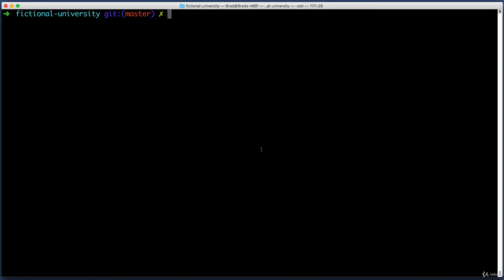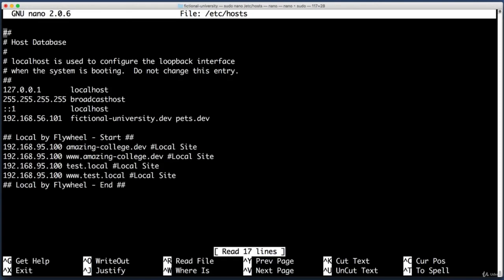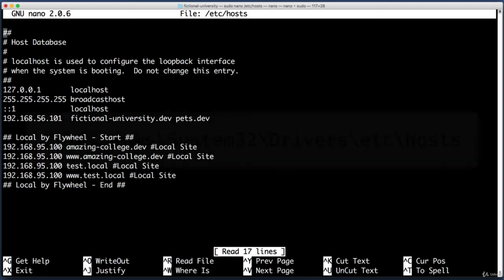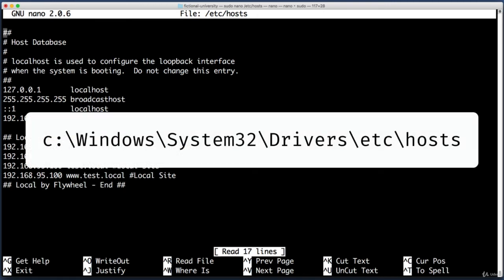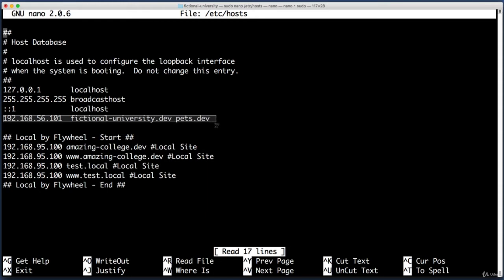On Mac, you just visit the command line and type sudo nano /etc/hosts. On Windows, you want to open up Notepad or a text editor program as an administrator and then edit your hosts file that lives at this location. Okay, now within your hosts file, remember we've already got this one entry that targets the IP address of our Vagrant VirtualBox server, and we've already set up